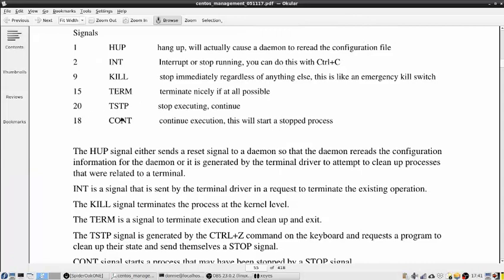Now, signal number 18 is to continue. Continue execution. This will start a stopped process. And again, we're not going to use the kill signal for that. Now, let me rephrase this a little bit. You actually could use the kill command for this, you could go over to another window and look up the process ID number and send these different signals with the kill utility, but you're not going to do that. Okay, so instead, over here,